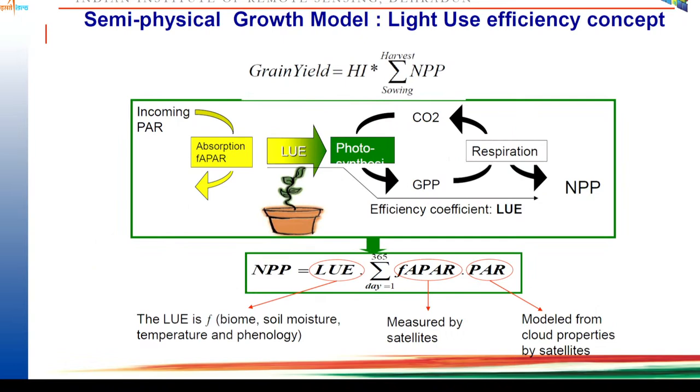Another approach is the deterministic biomass production approach, or you can say the semi-physical crop growth model, which is based on the classical growth analysis approach suggested by Monteith, also called the efficiency based model or light use efficiency approach. Here, the amount of dry matter or biomass produced by the plant canopies is a function of the amount of absorbed photosynthetically active radiation, that means sunlight. Sunlight is largely used for driving the photosynthesis process, and through photosynthesis the plant makes food, meaning it converts